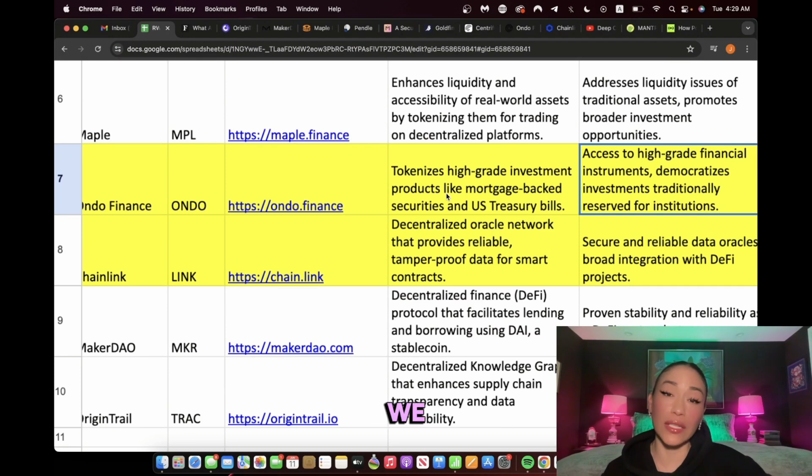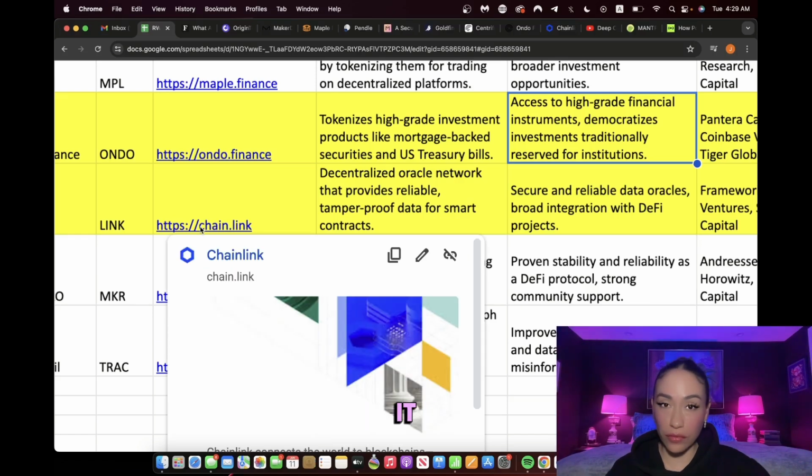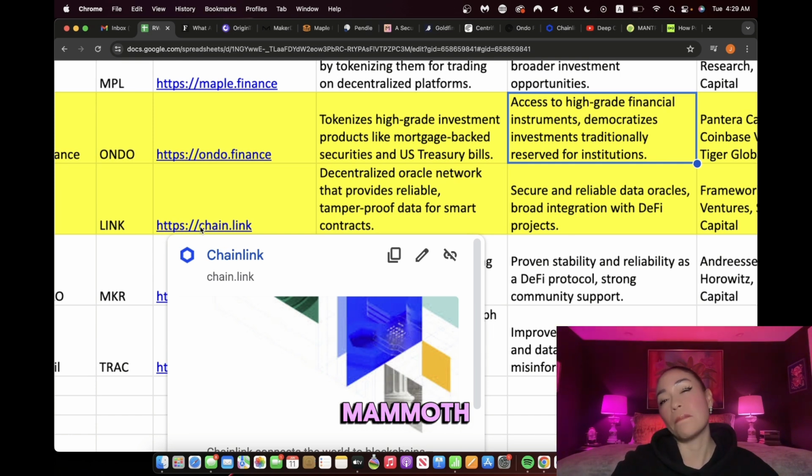Next is Chainlink. We love Chainlink. I invested in Chainlink a long time ago. And if you go to their website, which is why I linked it for you, scroll to the bottom and check out their partners. There's a whole section on this, and you will see that they are partnered with some mammoth financial